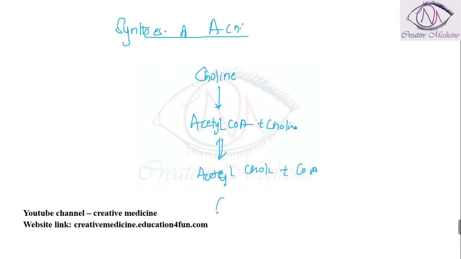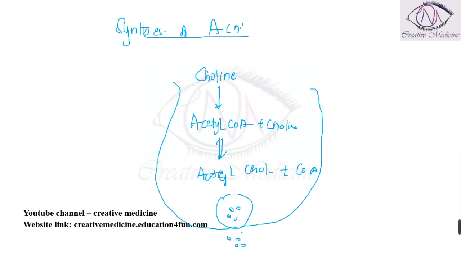This acetylcholine is taken up by the vesicles and it is released outside by exocytosis. So during this process there are certain things. The uptake of choline is blocked by the drug hemicholinium. Acetylcholine combined with choline in the presence of choline acetyltransferase, and the active transport of acetylcholine into the vesicles